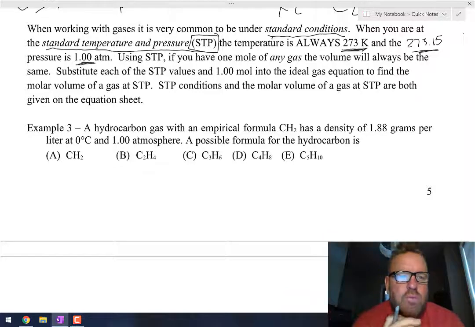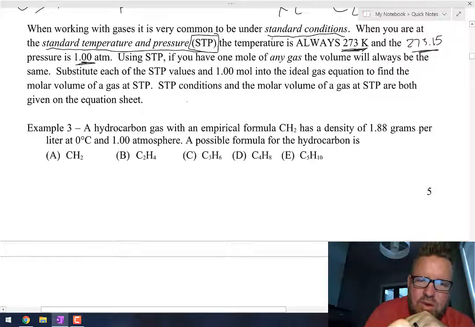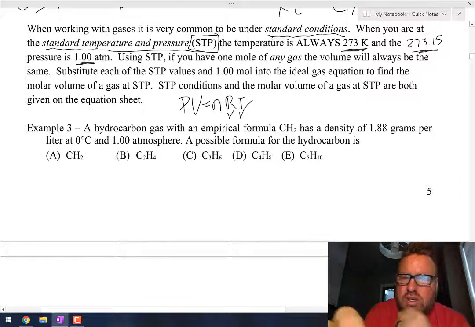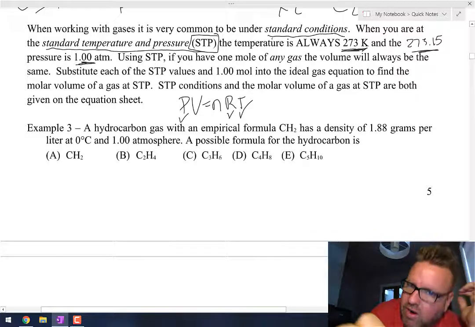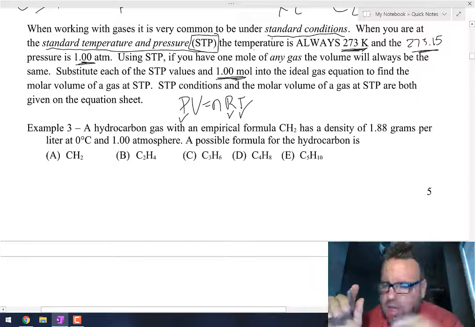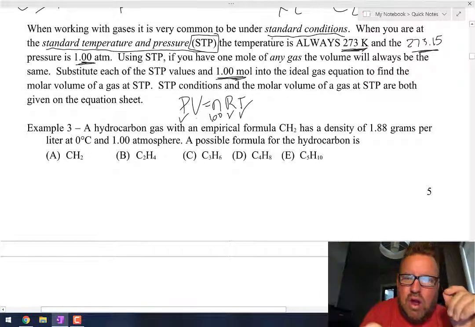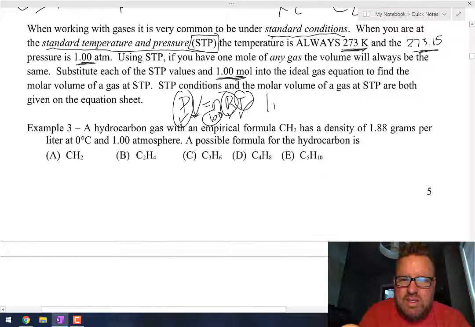Okay, so we can substitute those values into the ideal gas equation, and we can use PV equals nRT. In this case, we know R because it's always the gas constant. The temperature is a constant, 273.15. The pressure is 1 atmosphere. And then if you have a mole of a gas, and that means any gas, helium, carbon dioxide, it doesn't matter, if you have 1 mole of any gas and you plug in 1, you plug in 0.08206, 273, and 1, and solve for volume,